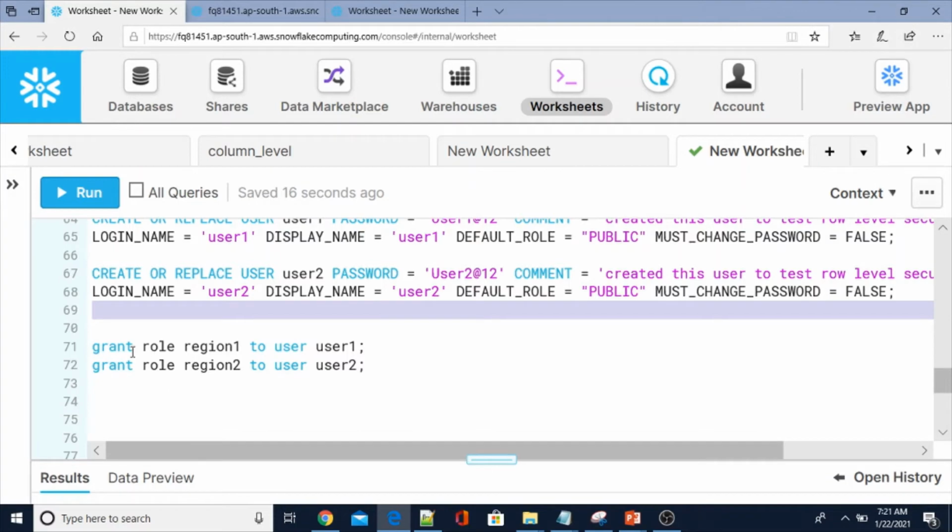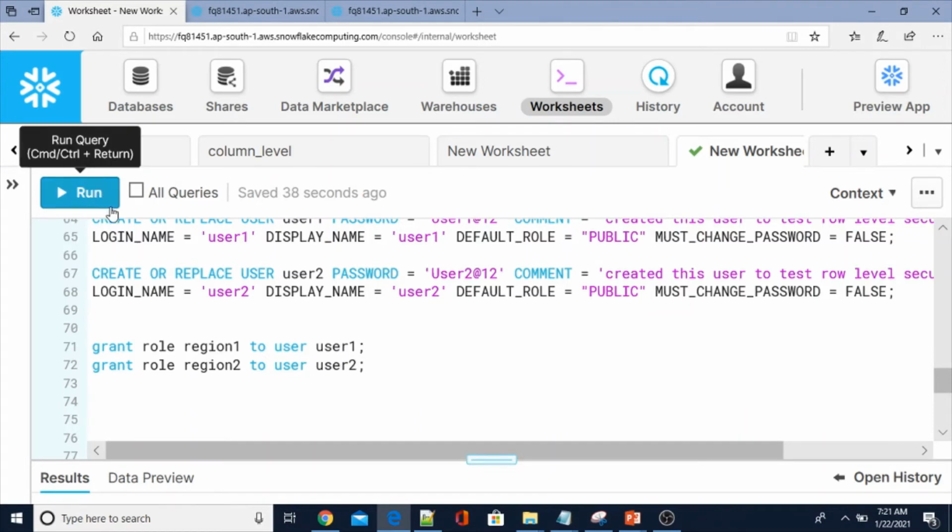So here, as part of row level security, I am going to grant role region 1 to user 1. Okay, and the other region I am going to assign to user 2. So this is done. Now let me log into user 1 and we will see the data, and user 2 in the same way.